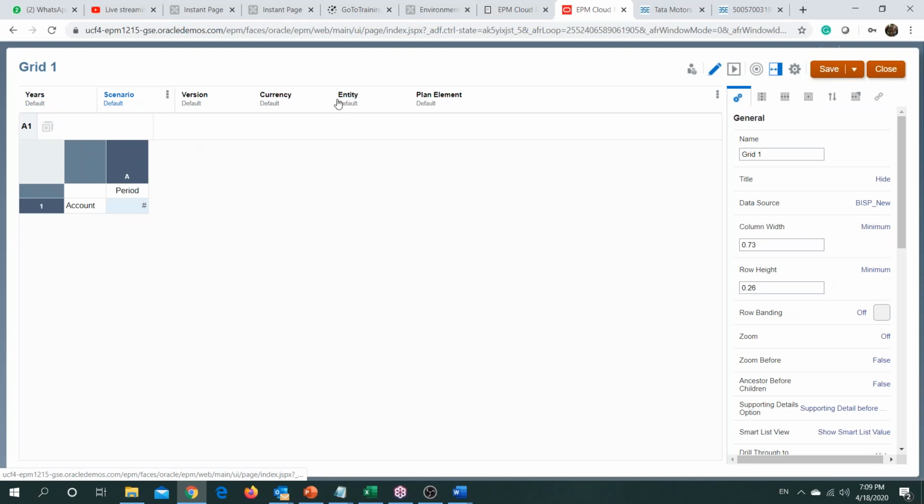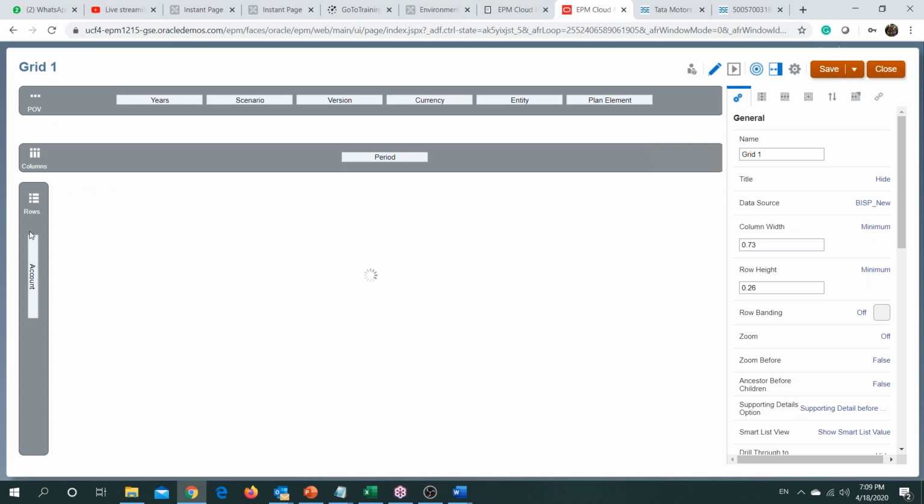To make any changes to your POV, you go to your show dimension layout, and you can make changes accordingly. So I want to keep my accounts in rows. I also want to include years in my columns and keep the rest of the POV fixed.